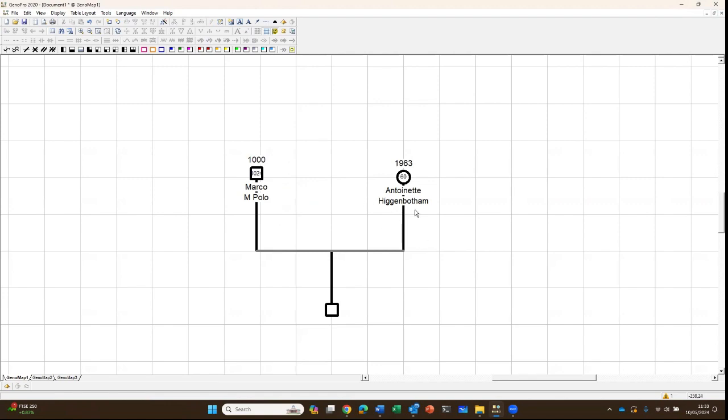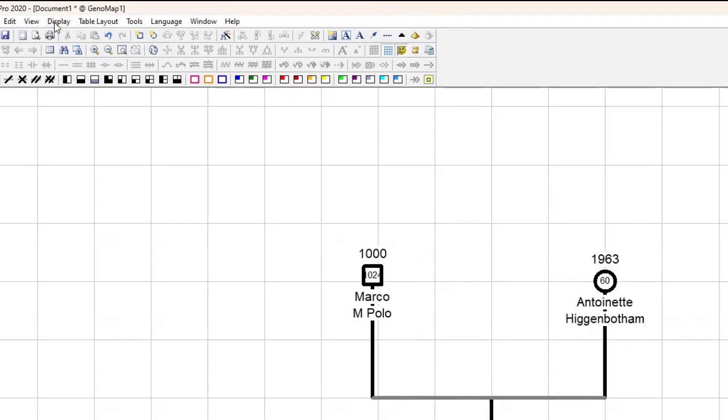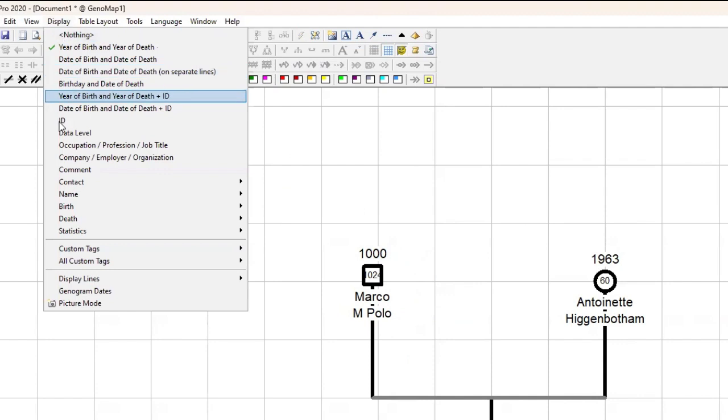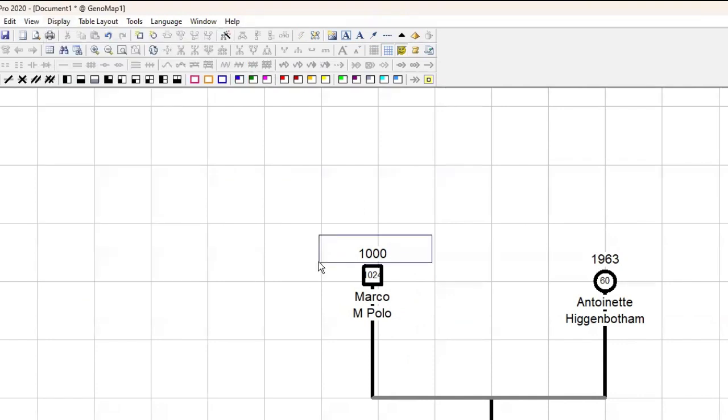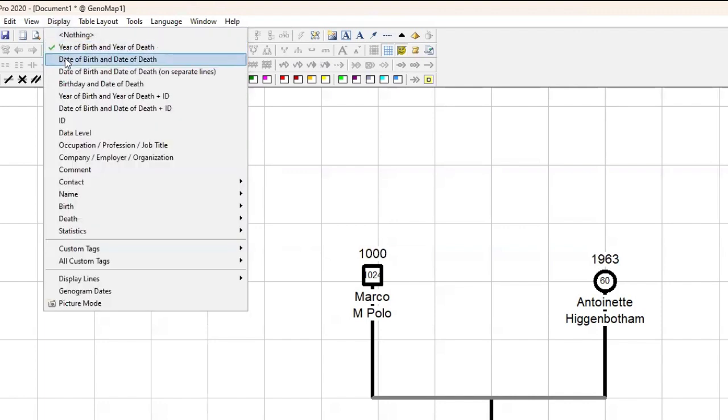So let's have a look at our display functions first of all, which is where we'll find the answer to that. There's a range of options here, but all of these affect only this top bit. I'll show you what I mean. If I click nothing, everything disappears. If I click on the year or the birth date or anything else,